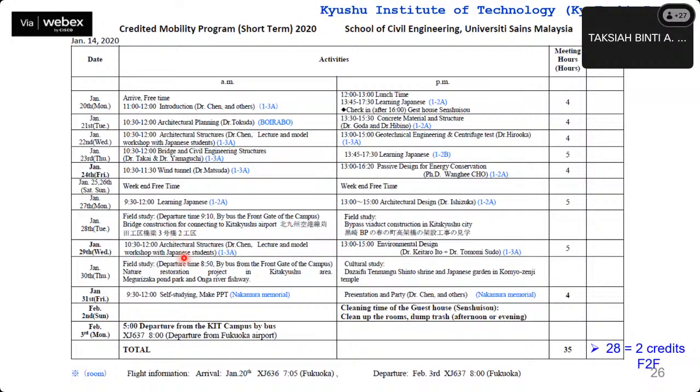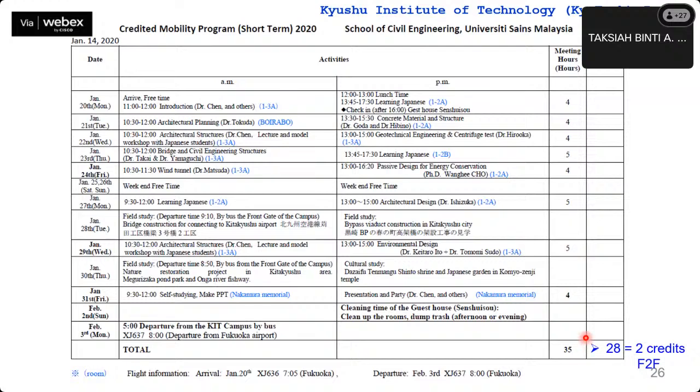And then they have architectural structures lectures and model workshops. And they have another field study. And finally, they make presentations. Okay, so these are examples of the project that we have. And then based on that, it is interesting to highlight, if we add this, the face-to-face